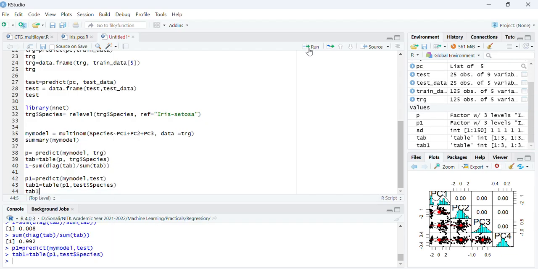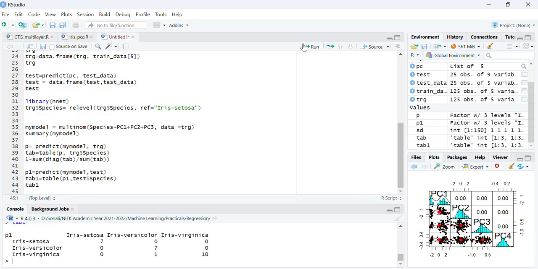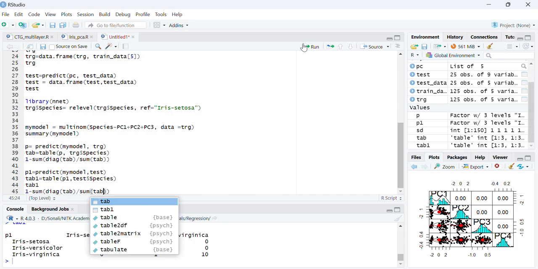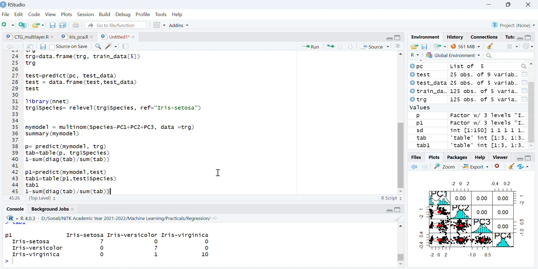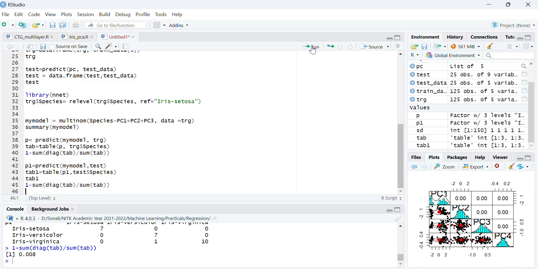So you can see your table, and based on that you can compute your accuracy or the misclassification error. Sorry, this is for table 1 that I want to do. So I'm getting the same answer as last time. 0.04, so if you want to know the accuracy, it is 96% accuracy you are getting